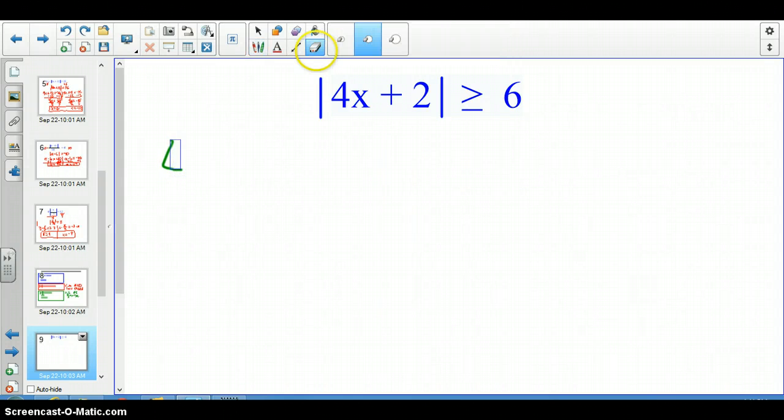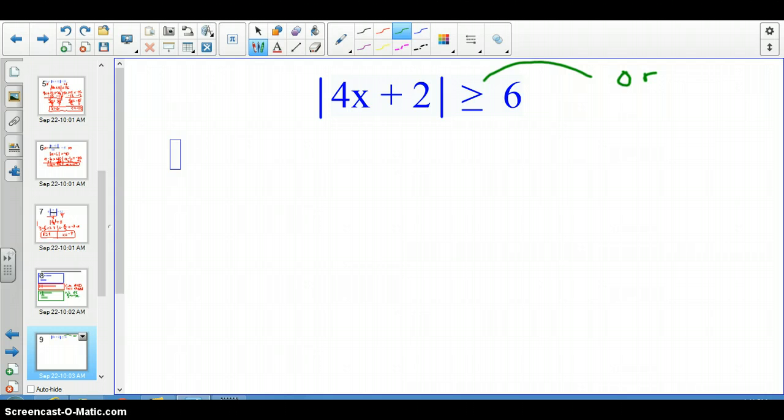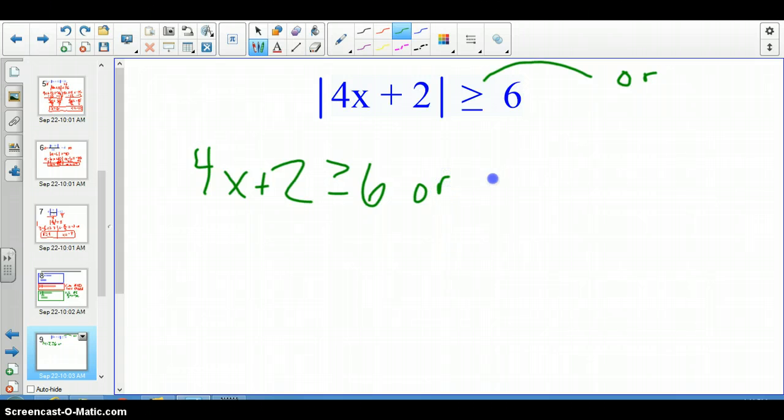And actually, before I do that, think about this is a greater than or equal to, so it's an or statement. Now my two inequalities. 4x plus 2 greater than or equal to 6, or 4x plus 2